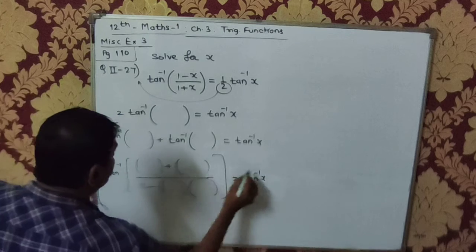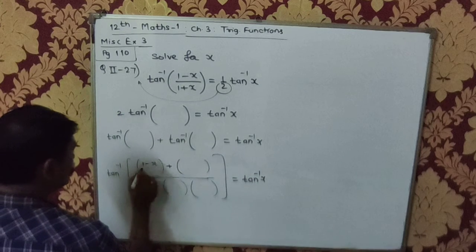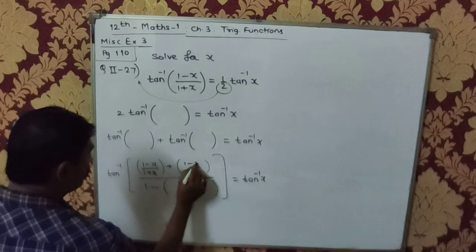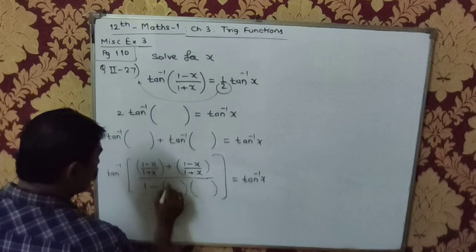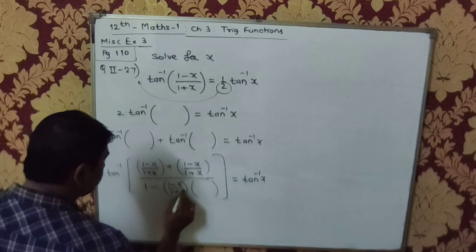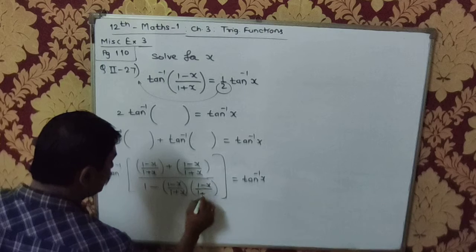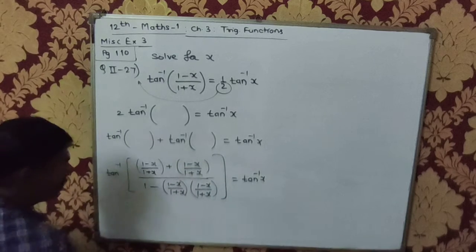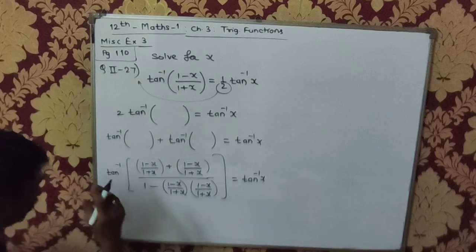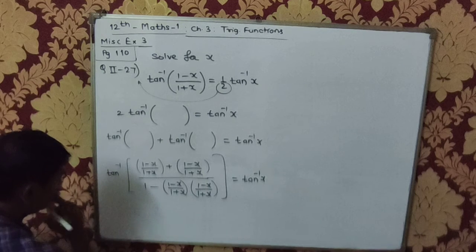क्या है भाई ये ब्रैकेट क्या है? इस ब्रैकेट इज 1 minus x upon 1 plus x. Okay. 1 minus x upon 1 plus x. Alright. Let's simplify this now. So this दोनों तरफ का tan inverse से उड़ा दो यार सीधा. क्या बन जाएगा ये बताइए. So this will become